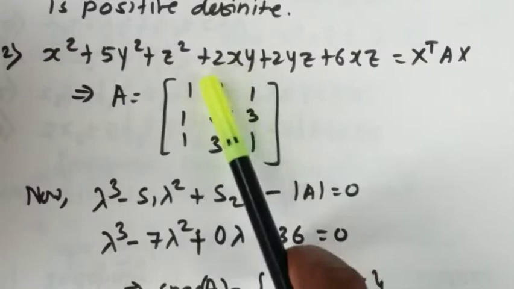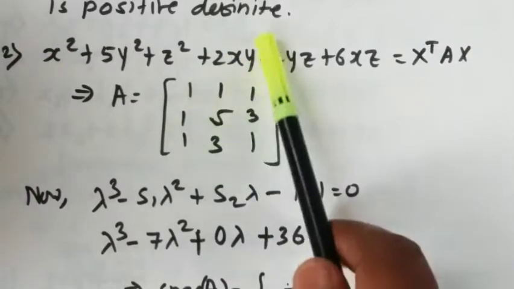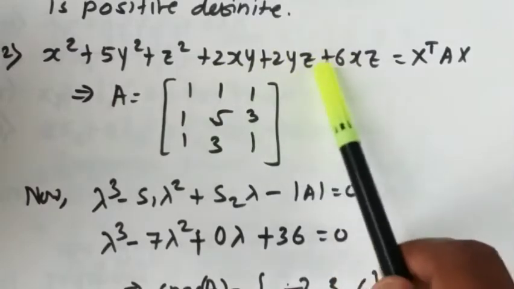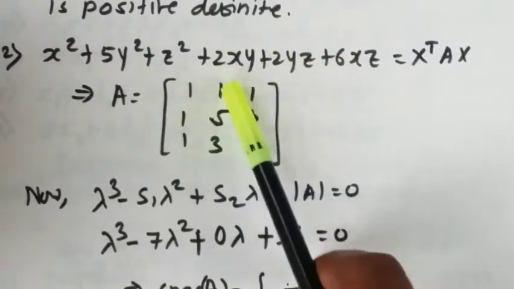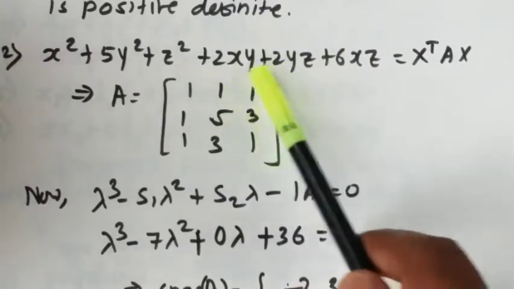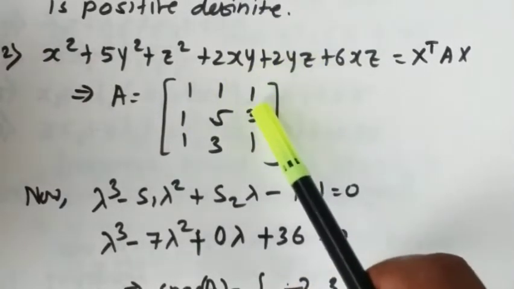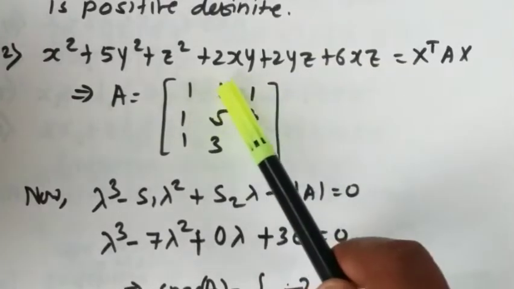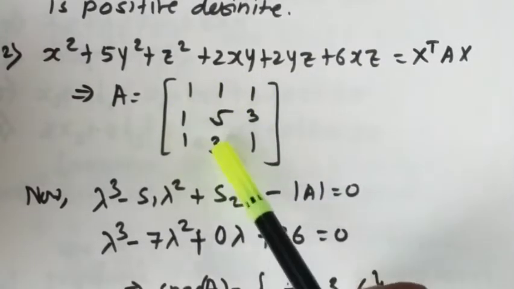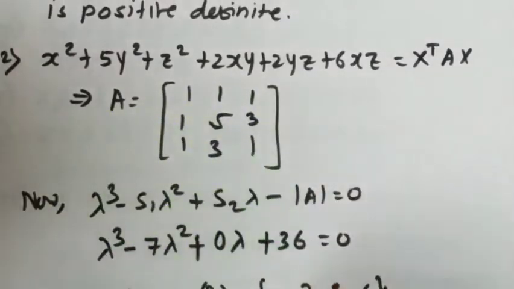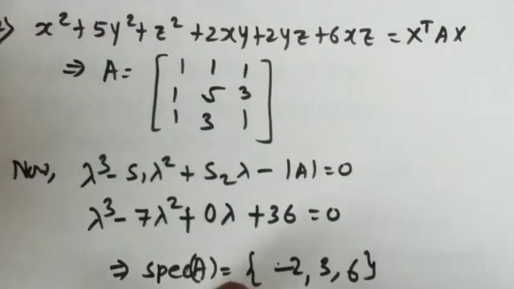Now we write these three entries. So this is the coefficient of xy divided by 2. So the coefficient of xy is plus 2, divided by 2 is 1. The coefficient of yz, this xy, yz, you can remember this sequence: xy, yz. The coefficient of yz divided by 2 is again 1. And the coefficient of xz divided by 2 is plus 3. Now write this entry 1, 1, 3 on this side as 1, 1, 3 because this matrix is a symmetric matrix. So in this way you can form the matrix A, the matrix of the quadratic form.